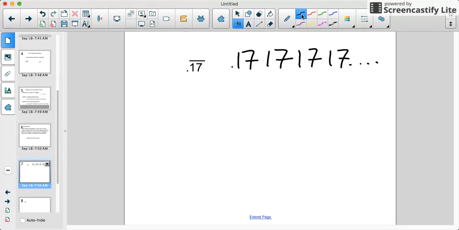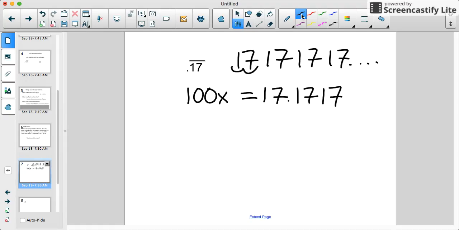To turn this one into a fraction, remember back to last week when we were working with the values of x. So we have to move over the decimal how many places? Maybe once, maybe twice. We want to line it up so that it's able to repeat. So let's try moving it over twice. So we're going to multiply x by 100, which is 100x, and that is going to give us